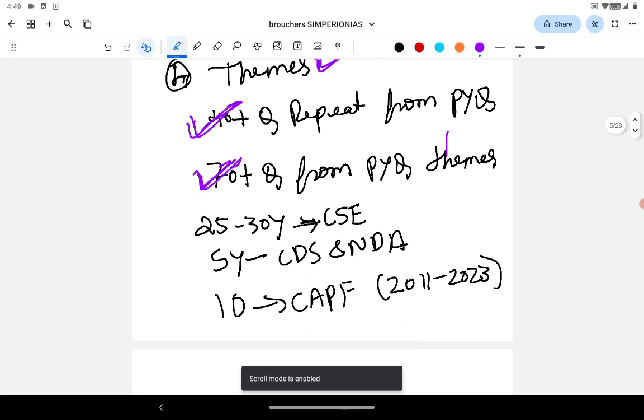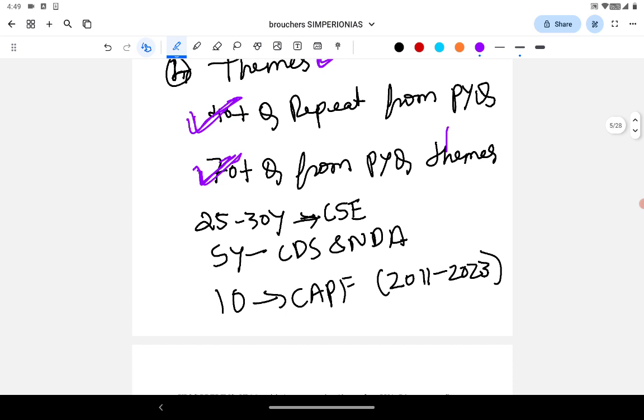And then, if that is the case, how should we deal with the PYQs? According to us, the last 25 to 30 years of civil service examination prelims papers, the last 5 years of CDS and NDA, 10 years of CAPF, or if we have the time, the 2011 to 2023 CAPF papers. Solve them and even study the options, everything, in detail, so that you can easily crack